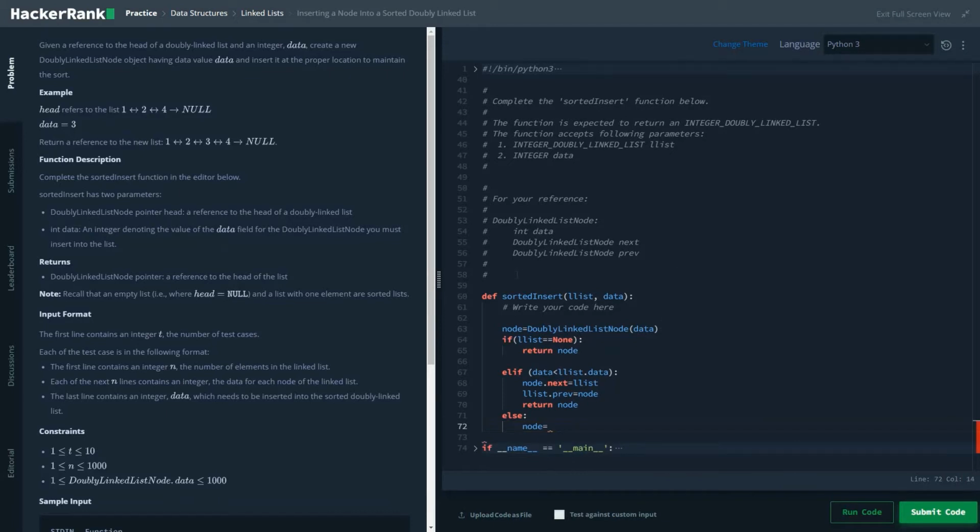Node equal to list dot next, and insert the data there. Then list dot next equal to node, and list dot previous value would be equal to node value, and we will return our list.